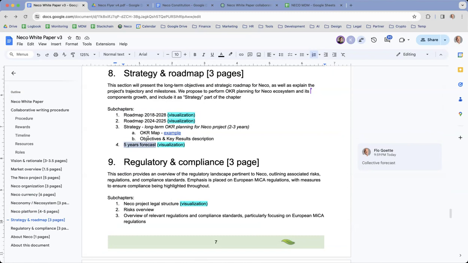Great, thank you for that. And there are also examples here for the OKR map that you provided. The full roadmap for the 10 years is pretty much similar to what we already have on our webpage, where you can see all the milestones over the last years and what the future is. For the forecast,